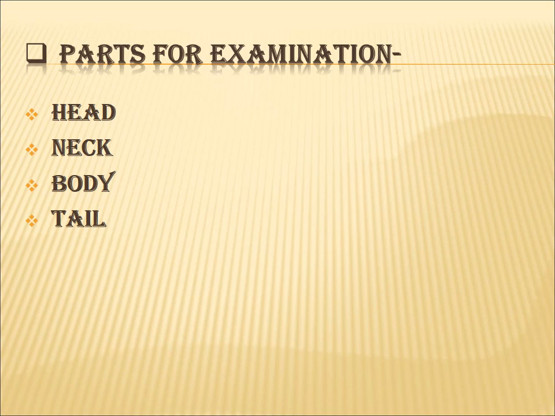Parts for examination: for simple understanding of the pancreas, it is divided into 4 parts. Those are the head of the pancreas. Left to the head there will be the neck of the pancreas. Proceeding to the left again, it is the body of the pancreas. Then at the end, which resides at the hilum of the spleen, there will be the tail of the pancreas. Now we'll study each of these parts separately, their borders, surfaces and their relations.